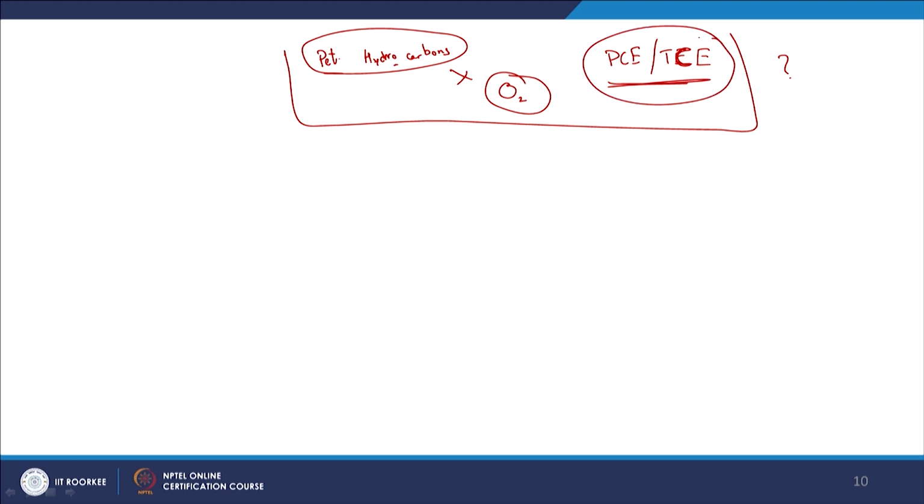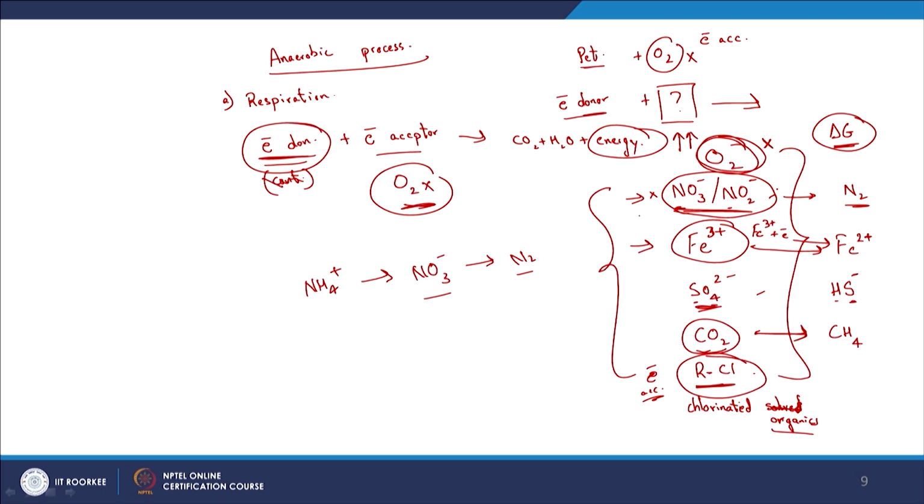Obviously not. Why is that? Because the microbes want greater energy, right? And obviously, by using oxygen as the electron acceptor, they get more energy. But if there is no oxygen and none of the other electron acceptors we have discussed, let's say NO3, Fe3+, SO4 2-, CO2 and so on,